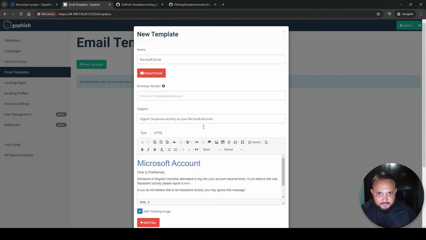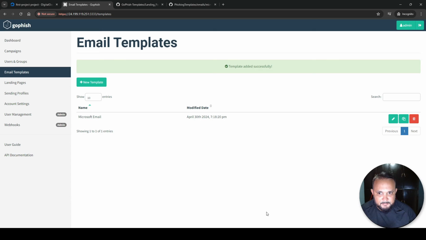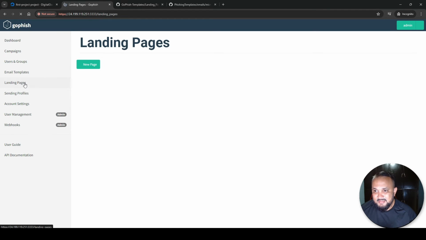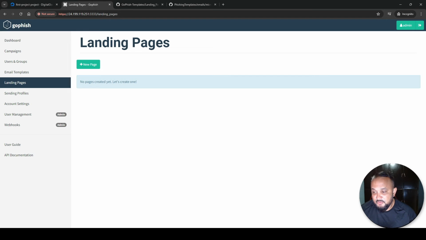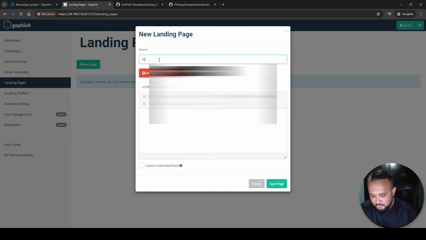So this looks good for me, so I'm just gonna hit save to save this template, and we can see the Microsoft email template has been saved. Next up, we want to hit create our landing page. So this is essentially the page that the user would be directed to once they hit on the link in the email. So to create the landing page, we hit on new page. I'm just gonna name it Microsoft landing